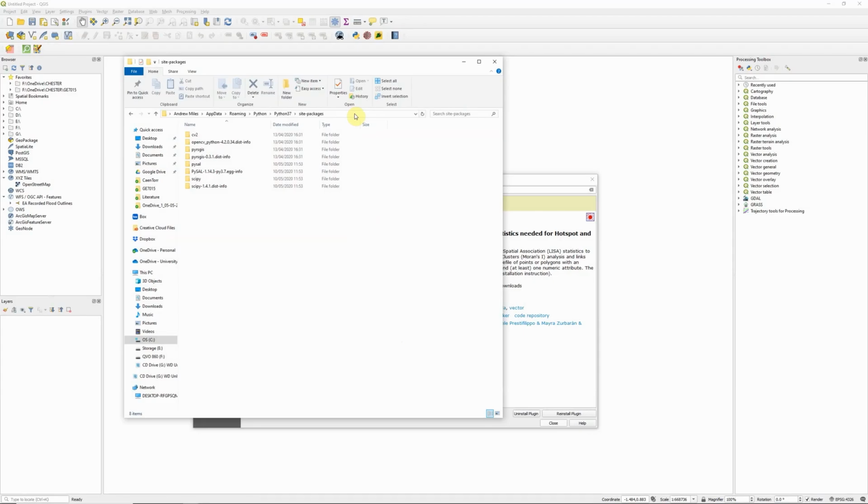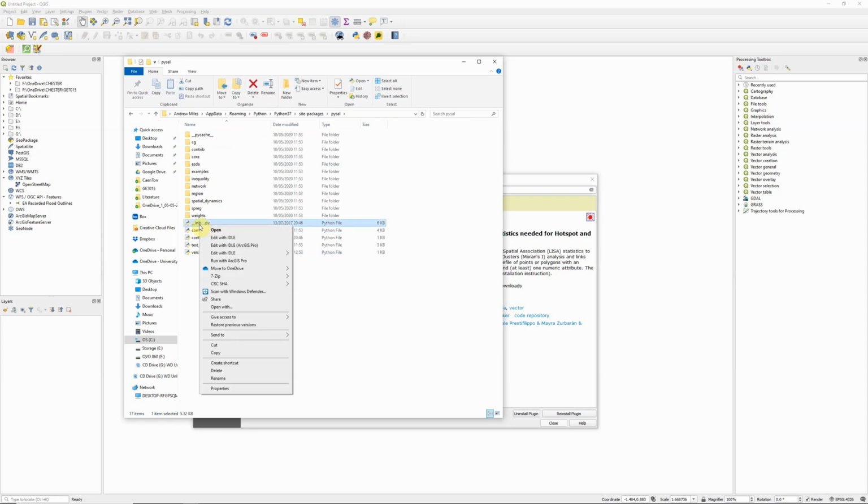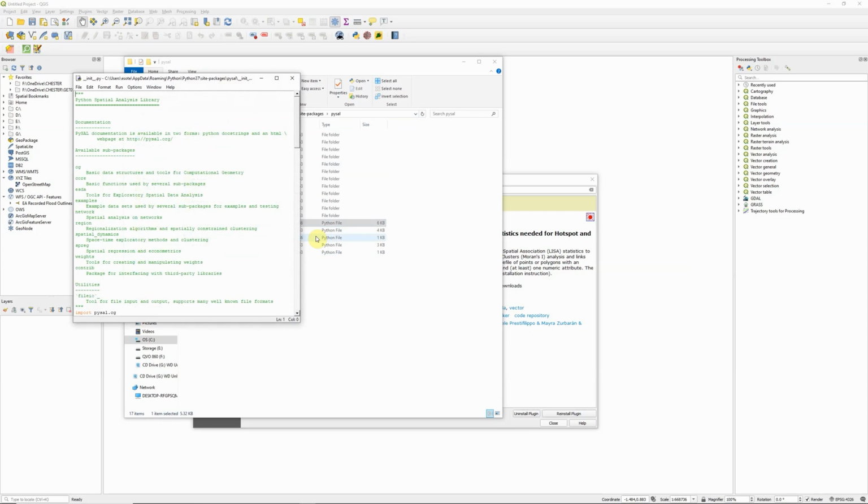Okay, so the place to find your PySal installation should be your C drive, Users, your user account, AppData, Roaming, Python, Python 37, site-packages, and then you should have the PySal folder. So what we need to do is actually edit this __init__.py, the initiation file for the plugin. So if we right click, edit with IDLE,